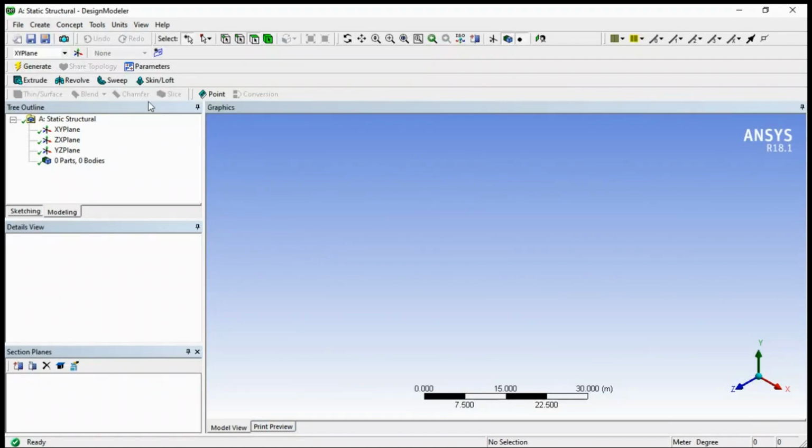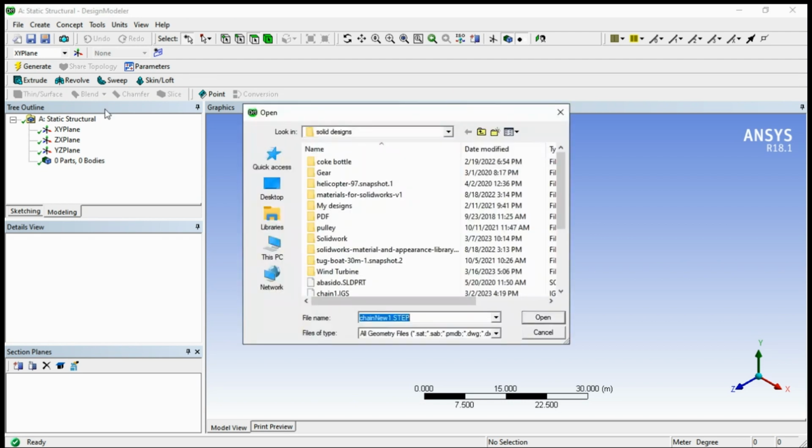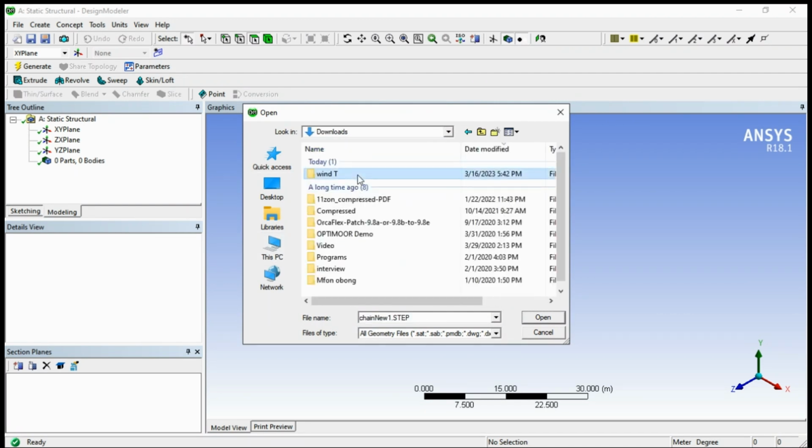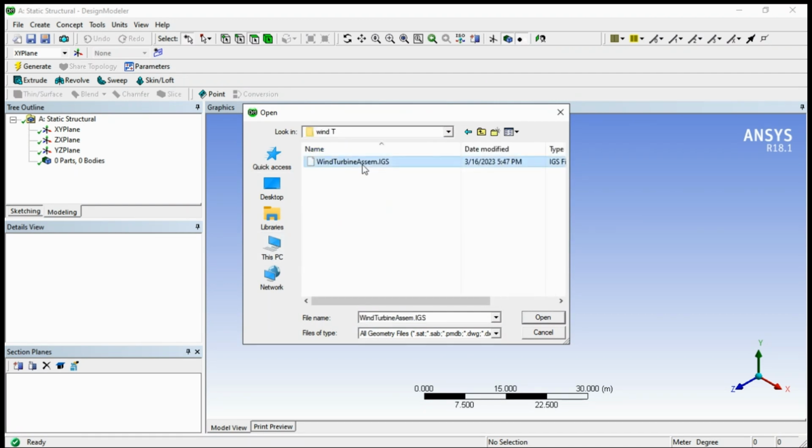Okay, your static structural Design Modeler is up. So you simply head over to the file and then you go down the drop down. You will see import external geometry file, so you click on it. Once that comes up, I'll simply navigate to where I actually saved that file. So that is where I saved it, and this is my file, the wind turbine assembly. So I'll simply